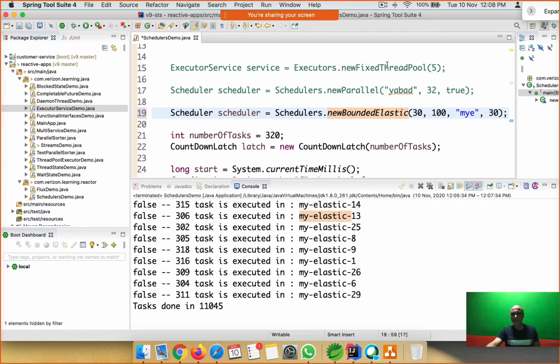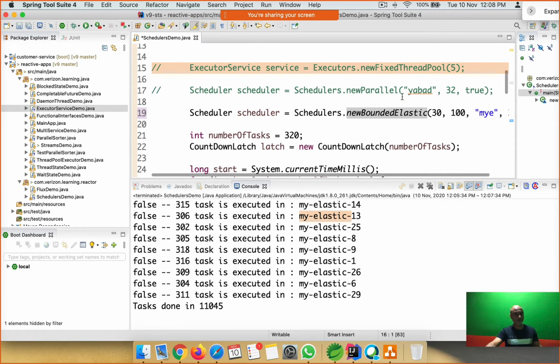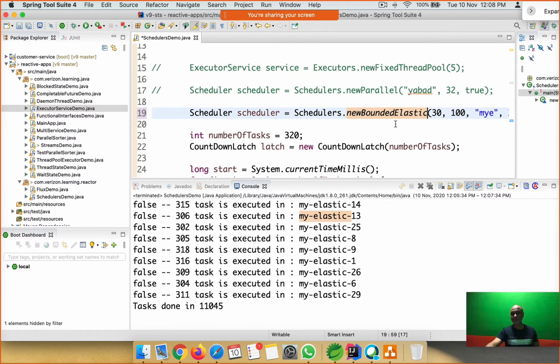I mean, it's all about multiple threads. It's all about executing things in parallel. We've already understood executor service, so it was a cakewalk for us to understand schedulers as well. All right. Now, take a look at what is the difference between the parallelism of streams and the parallelism of